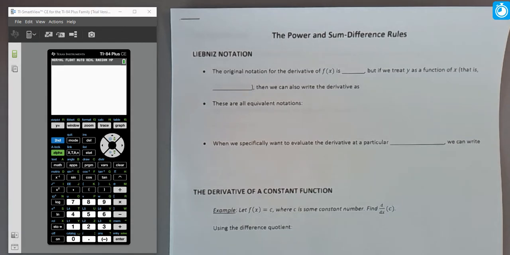In this video, we're going to introduce the first of our derivative rules. So in the last video, we defined the derivative as the limit of the difference quotient as h approaches 0, specifically where we think of h as the distance between two x values associated with 2 points on the graph of a function. So if we allow the distance between those two x values to approach 0, which also means